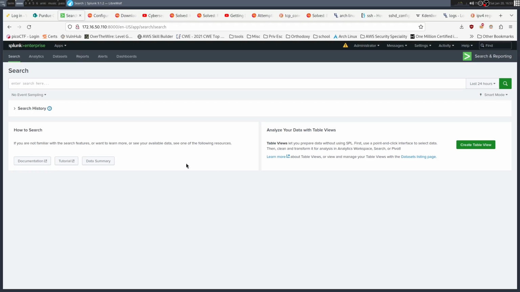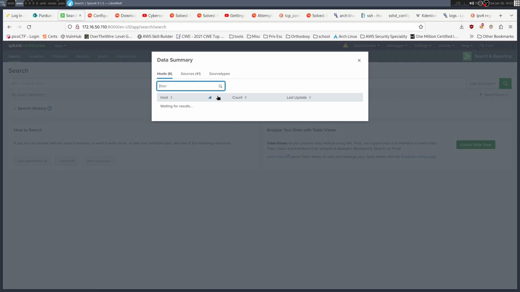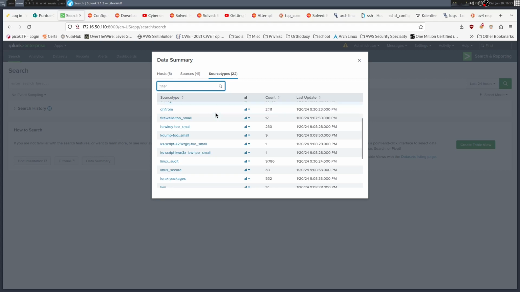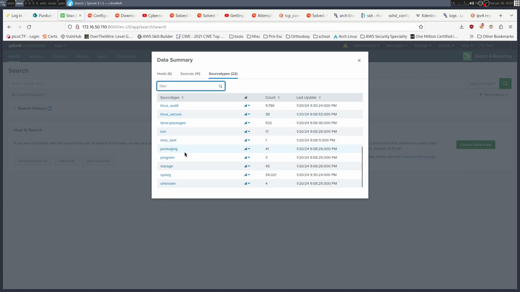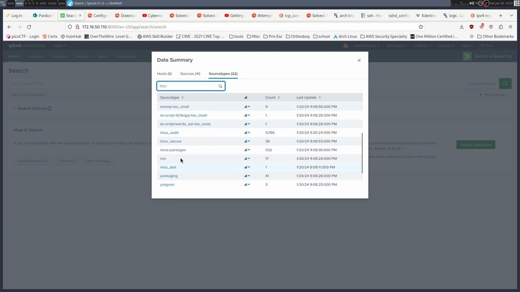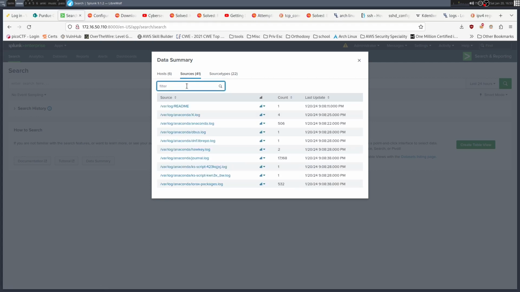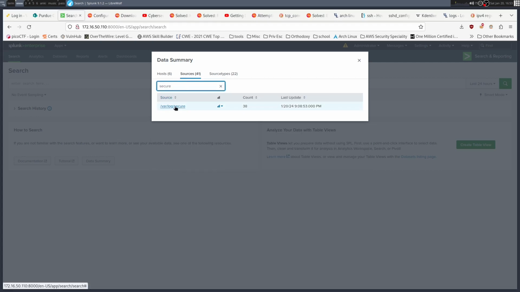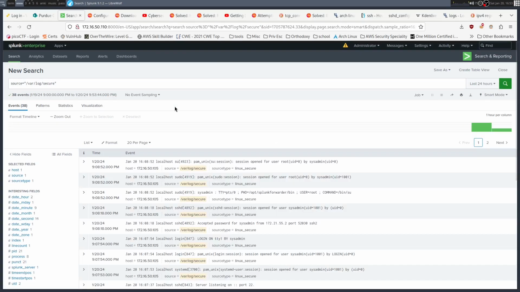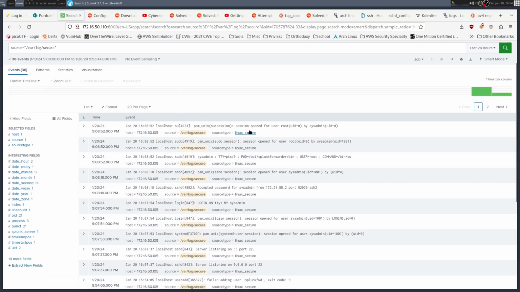Alright, so to go back into the data summary and look at source types, I'm going to be looking at just, for example, maybe it's in sources. I want to look at this varlog secure, and that's just because that's where our SSH information is going to be, and that's why we picked this option. So if we look at varlog secure, we see the logs populating in Splunk,